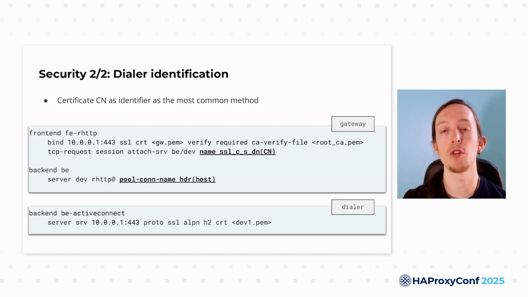In this case, we are using the standard HTTP host header. In fact, this process is quite similar to standard TLS. When you are using your browser and connect to a TLS server, the browser is checking the common name of the certificate presented by the server and compares it with the host you are trying to access.